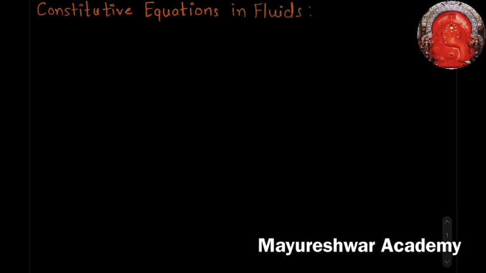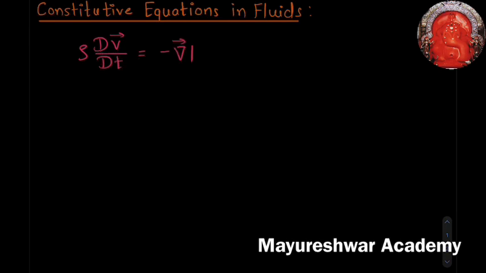In this video today we are going to derive constitutive equations in fluids. So to derive this, let us consider the non-conservative form of the momentum equation, which is rho dv bar/dt equals negative pressure gradient plus shear stress terms, del bar dot shear stress terms, plus body forces. So let it be equation number 1. We need to derive today all the shear stress terms in the cylindrical coordinate system.